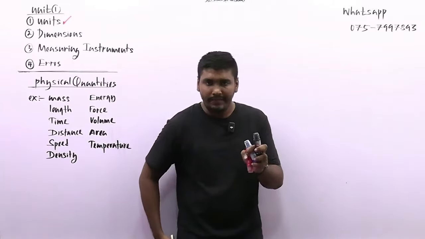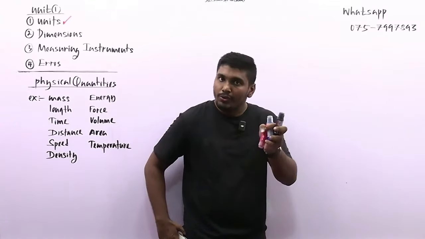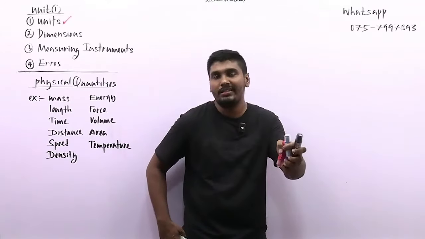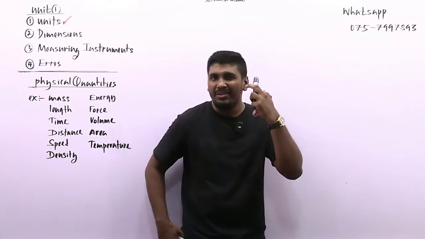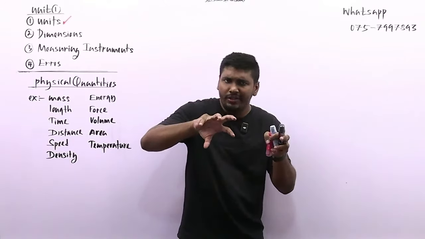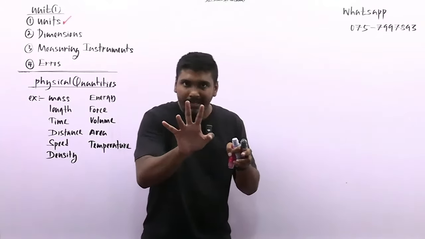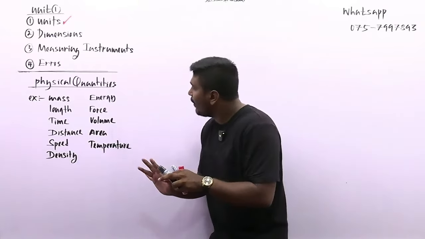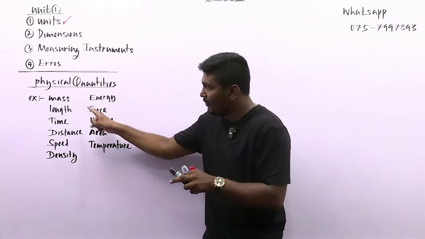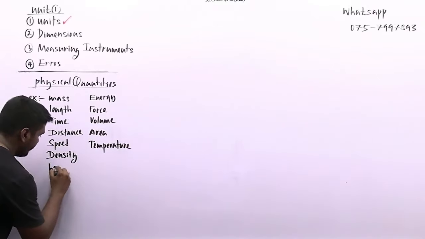So now we understand lots of changes happen in the surroundings, and we realized that those changes, if we can measure them qualitatively or quantitatively. What do you mean by measuring changes qualitatively or quantitatively? For example, let's take the physical quantity length, or rather height. Let's take the physical quantity height.